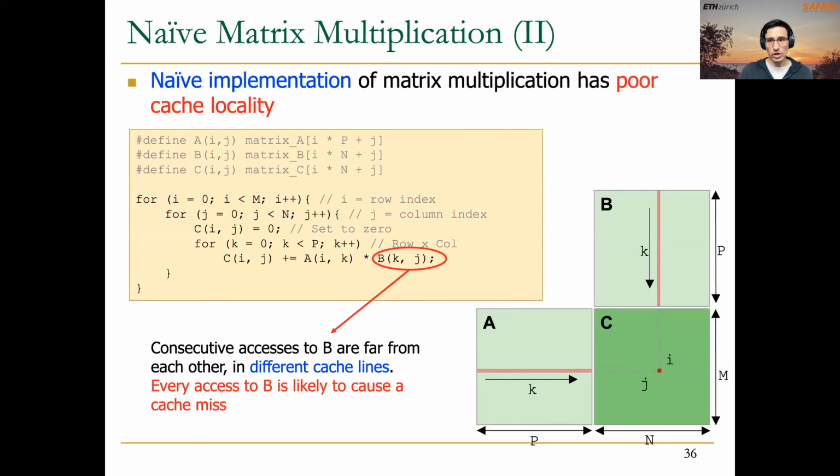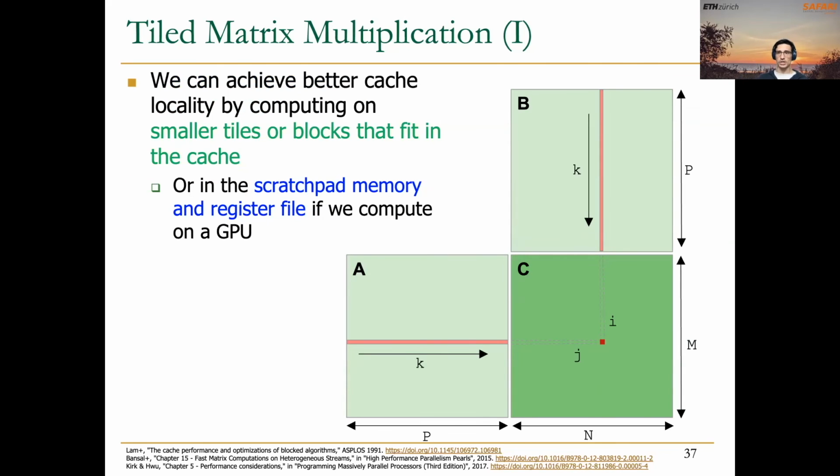So the way of achieving better performance here, by achieving better cache locality, is computing on smaller tiles or blocks that fit in the cache. And these blocks can be placed in the cache of a CPU, or in the case of GPUs, can be placed in the scratchpad memory or the register file. So what we are doing is dividing the input and output matrices into these tiles. First of all, we load this tile of matrix A into the cache, this tile of matrix B into the cache, and then